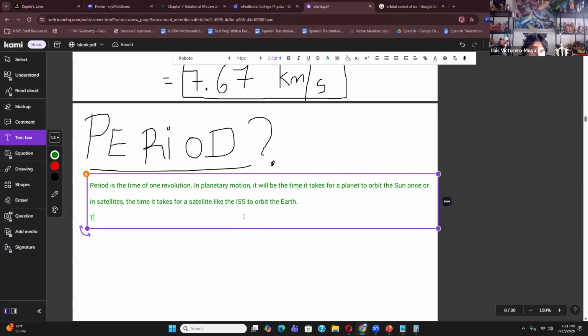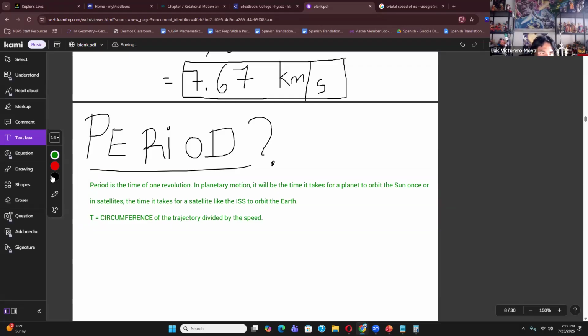So, period is basically the circumference of the trajectory, not the Earth, divided by the speed. Okay, that's very important, guys. Period is the circumference of the orbit